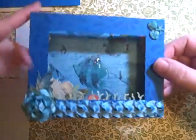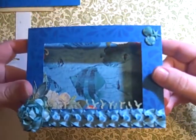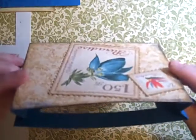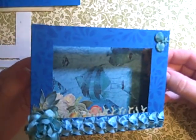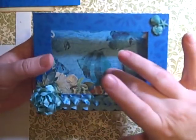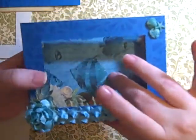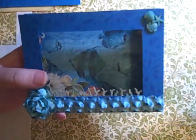And this is, I guess, a shadow box card. I made one for Valentine's Day, and then I've done another one just to use some of the scraps of my Graphic 45 paper. This is from the Tropical Travel Log collection, and I had gotten 2 sheets of it to do a swap